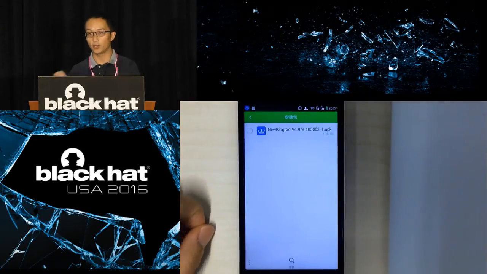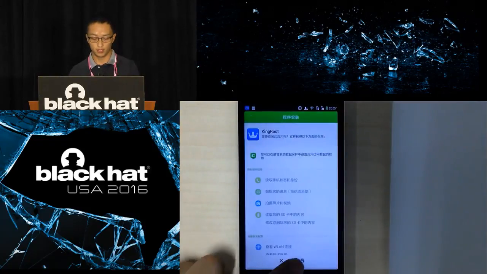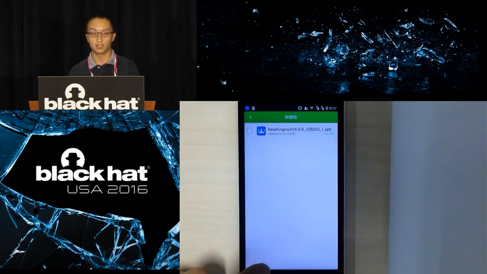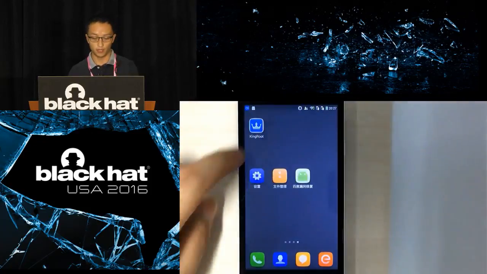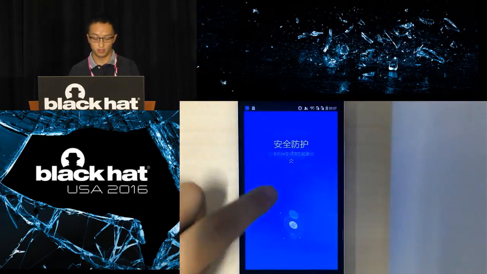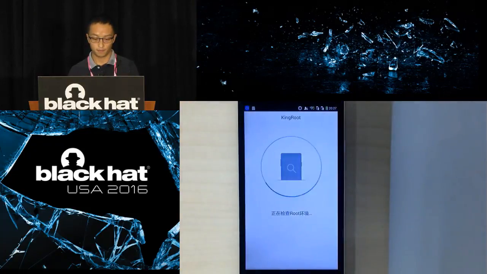So right now, if we install KingRoot again and do the root work, it should fail because there are no exploitable vulnerabilities anymore. Again, it scans for exploitable vulnerabilities.